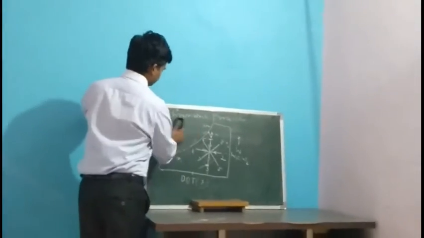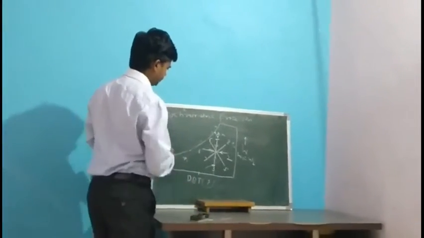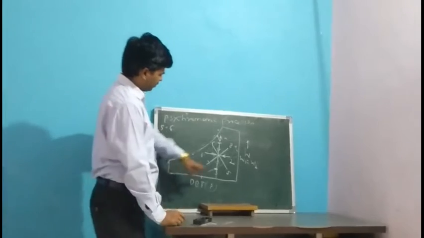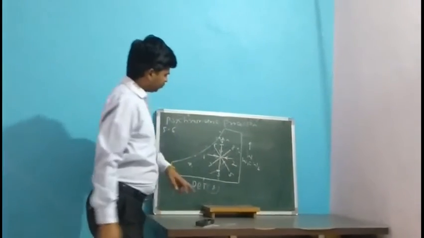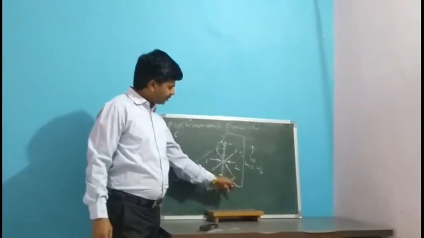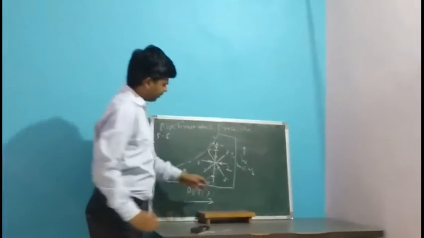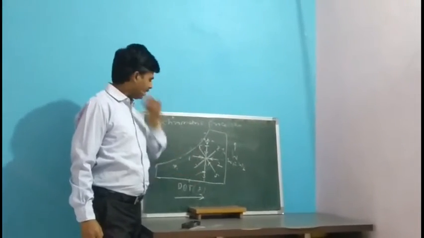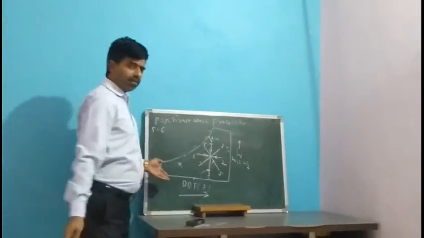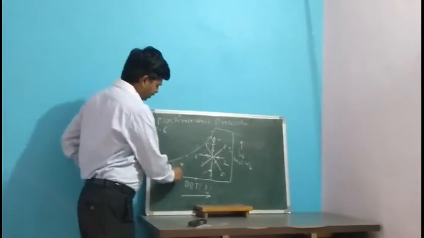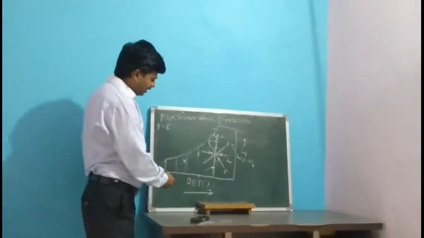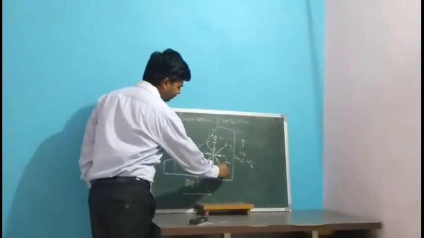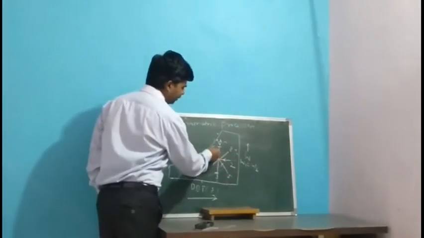Then the next process is 5 to 6, like this. In 5 to 6, the dry bulb temperature of air is decreasing from this TD5 to TD6. Because on the horizontal scale we are representing the DBT, and these vertical lines are the DBT lines, and the DBT is increasing from left to right. So the dry bulb temperature is decreasing from TD5 to TD6.